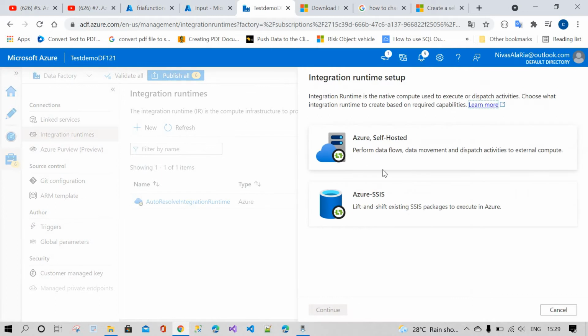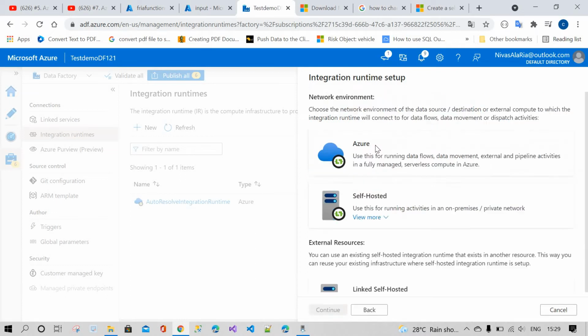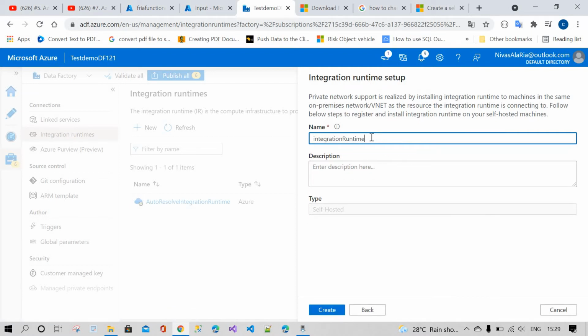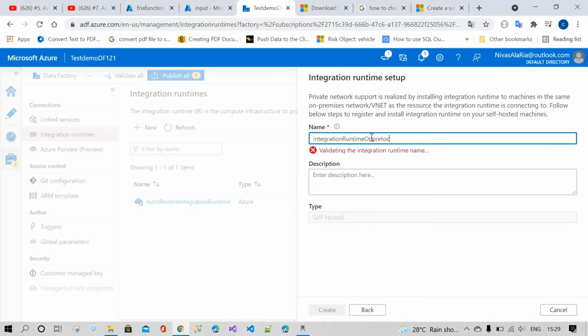You can see this is for the SSIS packages, and this is for the Azure self-hosted. Please select this self-hosted. After that, please give a proper name to the integration runtime, on-prem to cloud.